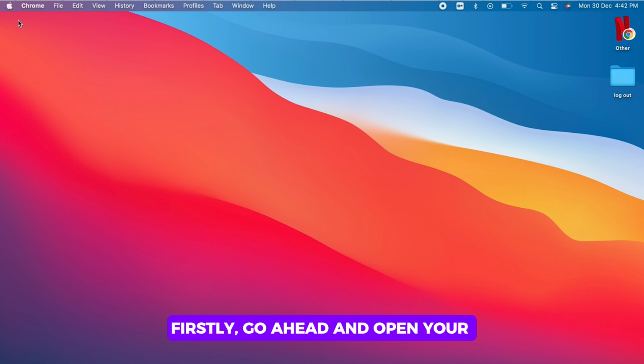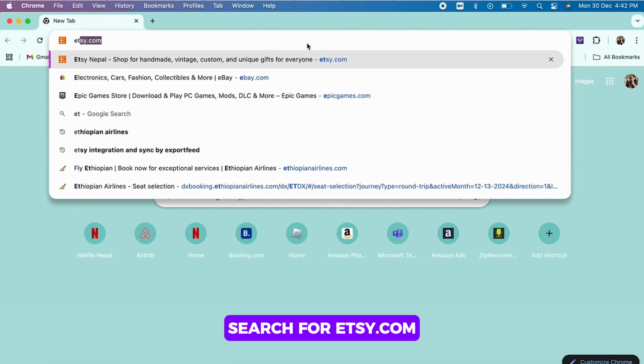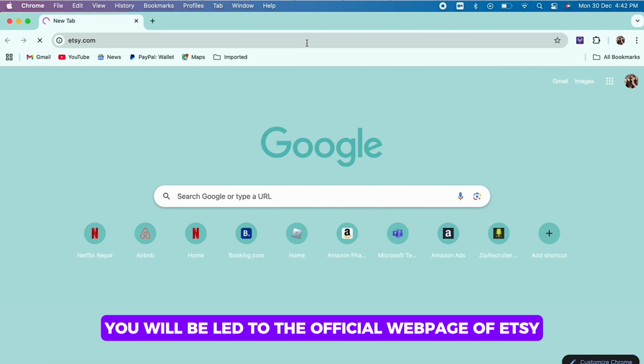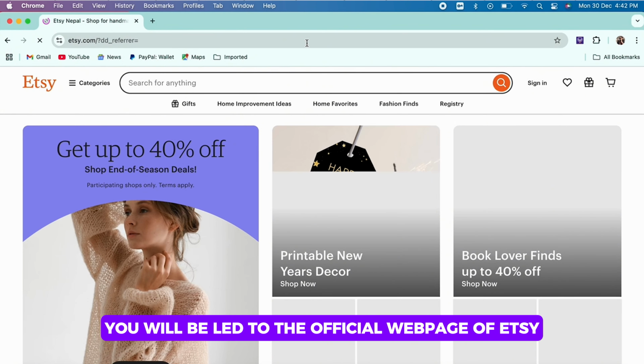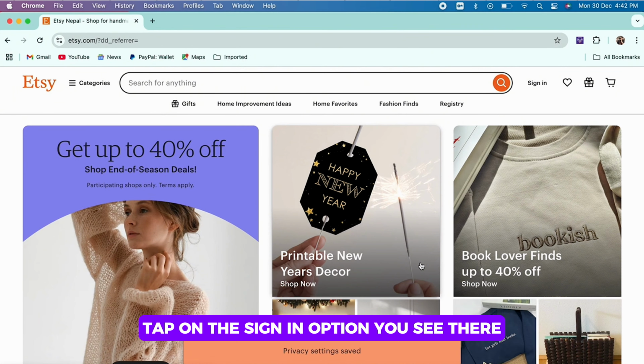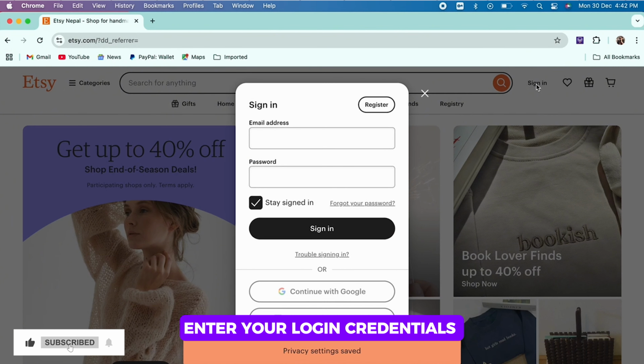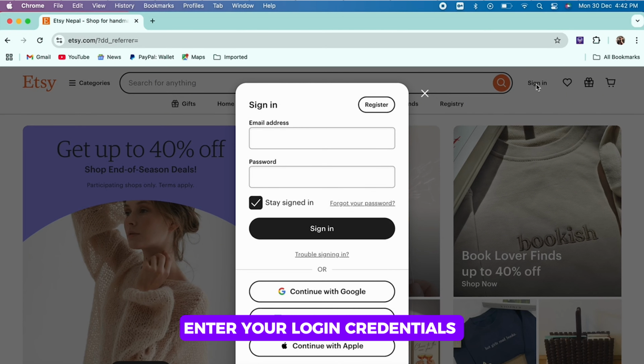Firstly, go ahead and open your preferred browser and in the search bar, search for Etsy.com. You will be led to the official web page of Etsy. Tap on the sign in option you see there and in the login portal that appears, enter your login credentials